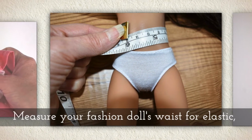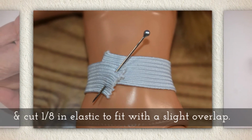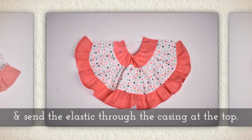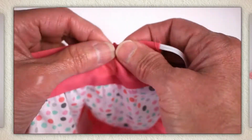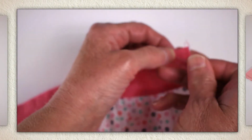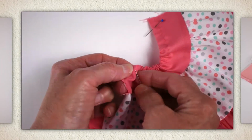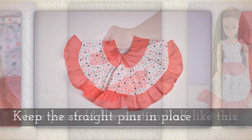Now measure your fashion doll's waist for elastic and cut 1/8 inch elastic to fit with a slight overlap. Attach a tiny safety pin to one end of the elastic and send the elastic through the casing at the top. That's what you'll see me do here. So I'm pushing my safety pin through the casing. It gets a little blurry for a second, and I apologize for that, but right here I'm sticking a straight pin through the elastic to hold it in place, and then when my safety pin gets to the other end and I remove it, I do the same thing over there. Keep the straight pins in place